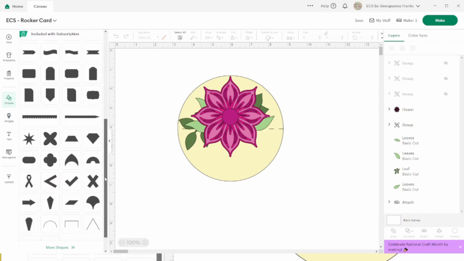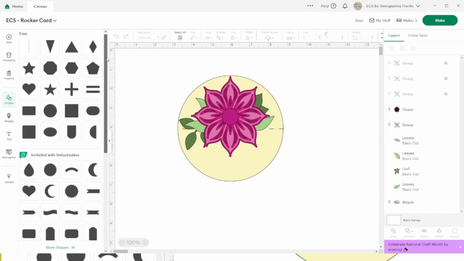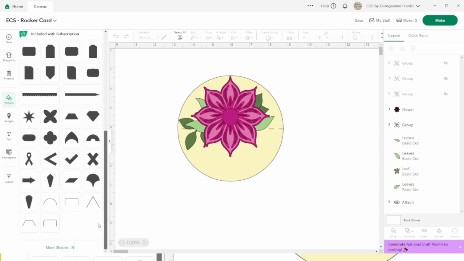And so before we go into making flowers, well, I was going to show you how to make flowers with free shapes, and we still can do that because there are a lot of free ones up there. Just not all the ones I wanted to use, but we can make that work. But I want to show you how to make this arc because this is essential for this card. Now,